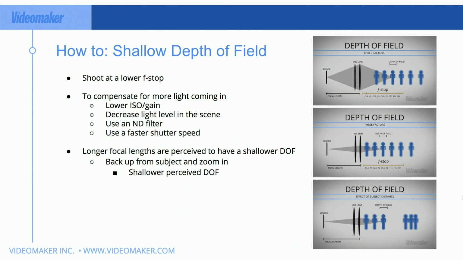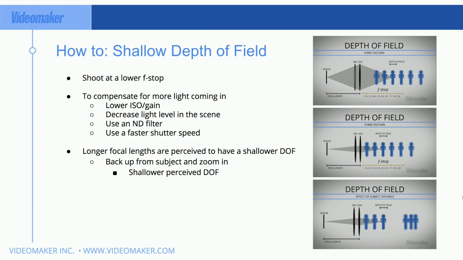But what if I was outside and I was shooting someone playing soccer, or just maybe a portrait outdoors where I'm using the sun? I can't say, hey, sun, give me some clouds, or dim down a little bit. No, it's just not going to happen. So that's when you need an ND filter. An ND filter is like sunglasses for your camera, so it's going to lower the amount of light because you're actually putting diffusion in front of it, or a neutral density filter to lower it. And those show up in stop or quarter stop or third stop increments.